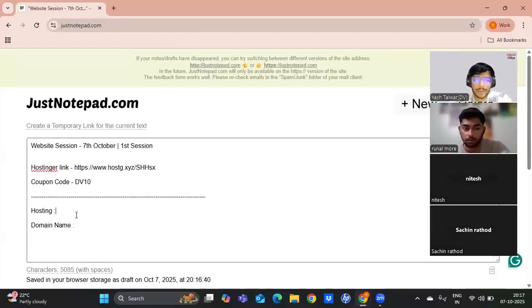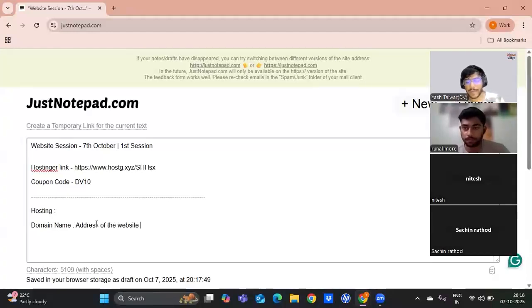That is true. But it's not just the name of your website. The domain name is not just the name of your website. It's also serving as the address of the website, right? Because how is it serving as the address? Because whenever you search for a domain name in your URL bar, your browser takes you to that place wherever that website is hosted, right? In order for that to work, you need to have a domain name connected with your hosting.